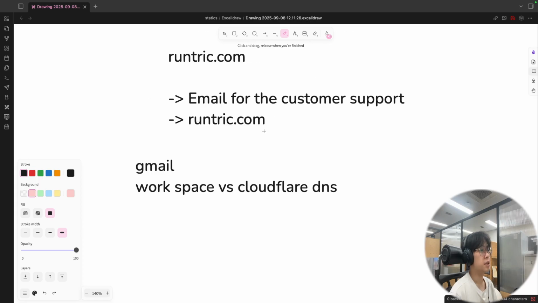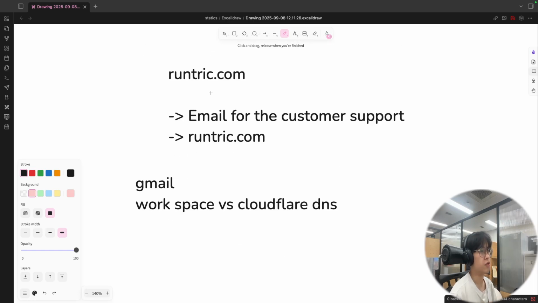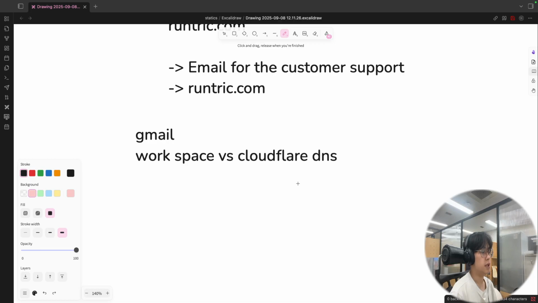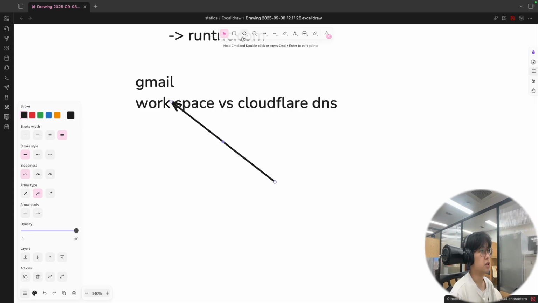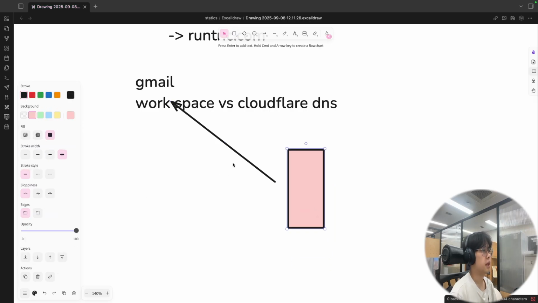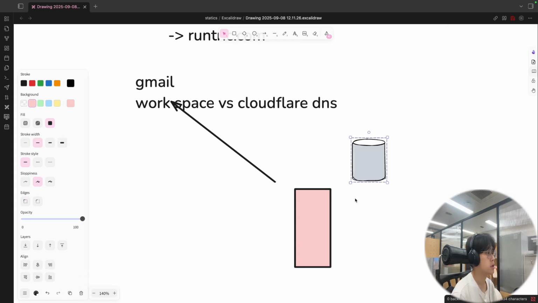And basically, we already bought this domain from Cloudflare. So we are able to use this domain even in other features in Cloudflare, for example email. For Gmail, we just treat it as a server, so if you select server,